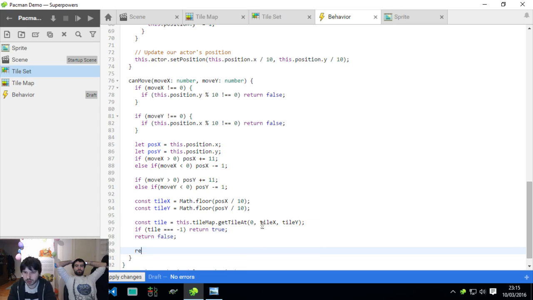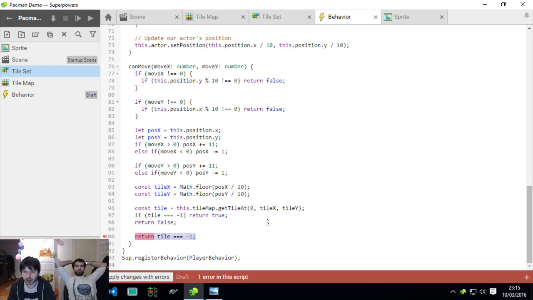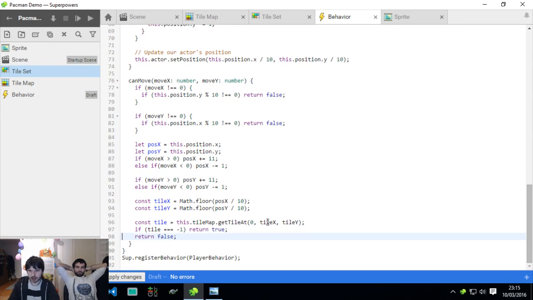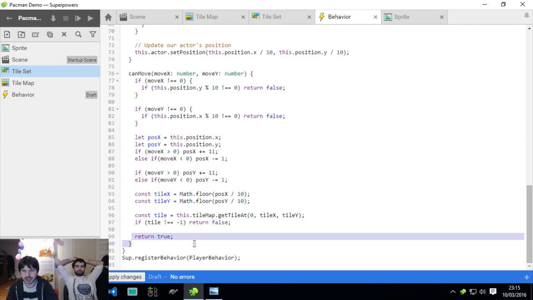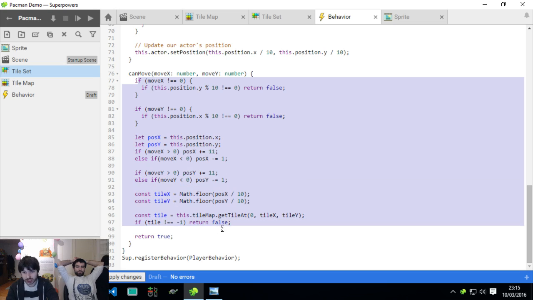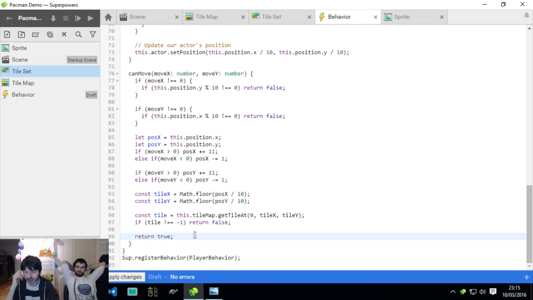Okay, this could be written as just this line. It's a bit simpler, but it's less readable, so I will leave it like that. Maybe I will do, if it's different from -1, then you can't move, so that we always have can't move, and then at the end, if you have passed all the challenges, then you are free to move. Okay, so now we've got our little canMove function, which is not that small actually,